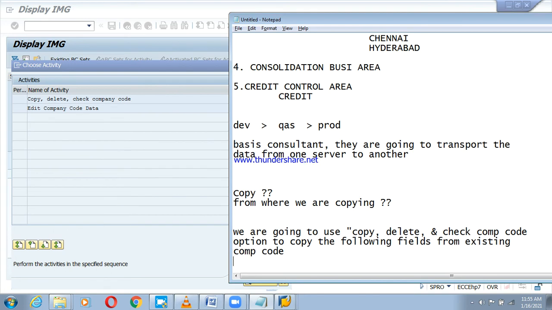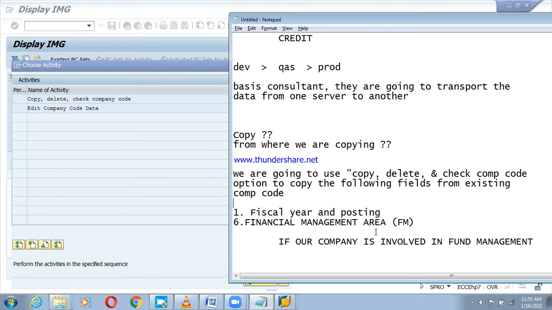If you already have a company code, you can use that company code to copy the following details: fiscal year, posting period,